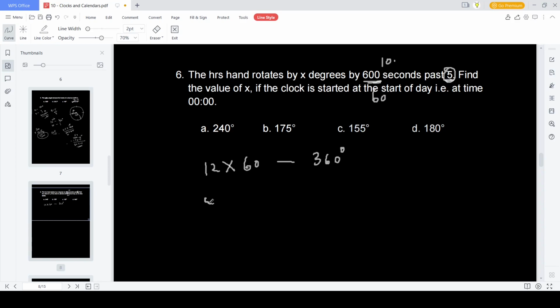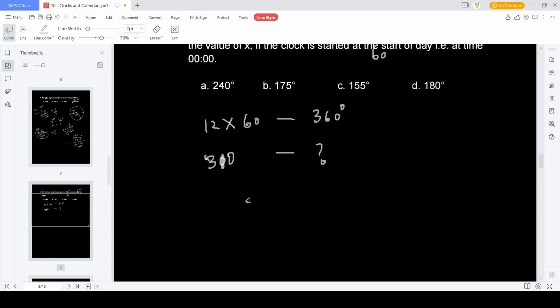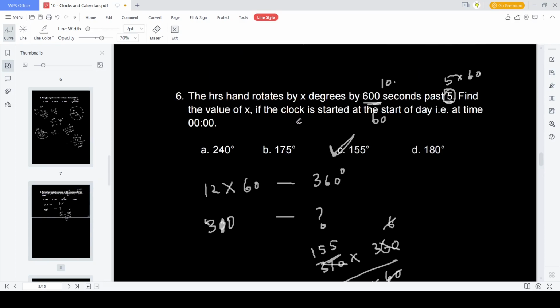Okay. So, in 5 hours is nothing but 5 into 60. That is nothing but 300 minutes. Okay. So, in 300 minutes, how many degrees does the hour hand rotate is the simple logic here. So you cross multiply: 300 into 360 divided by 12 into 60. So this cancels 6 times, this cancels 2 times, this is 1, 5, and 5. So 155 degrees it rotates. Okay,